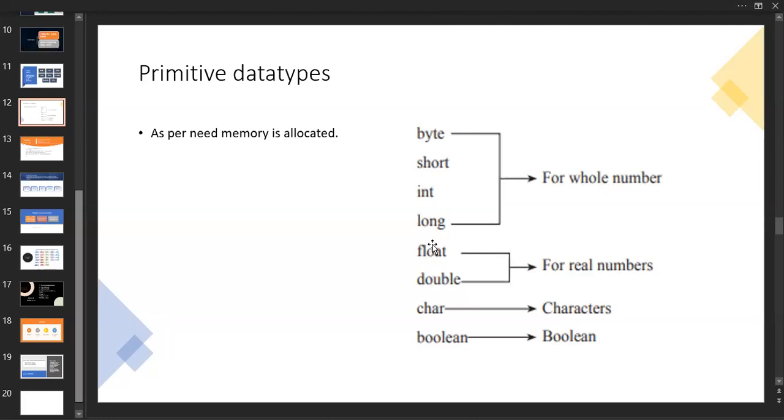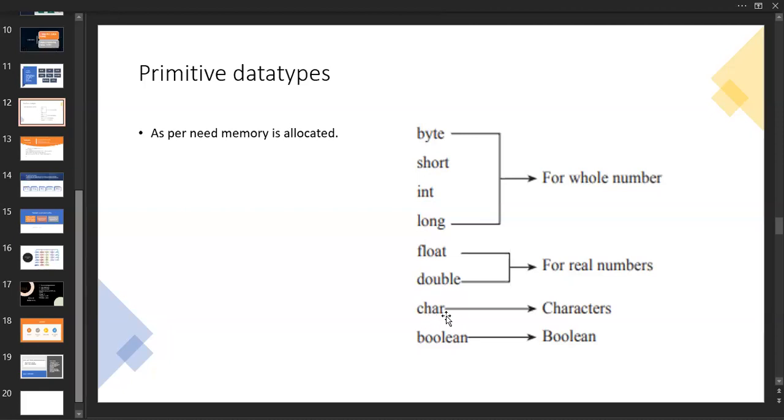And make sure that a primitive data type always starts with a small letter. I'll tell you again, a primitive data type always starts with a small letter only. You should not use a capital letter over here. If you use a capital letter, it becomes a class, which is somewhat different. So if you have whole numbers, use only these 4 primitive data types. If you have decimal values, use these 2 data types.